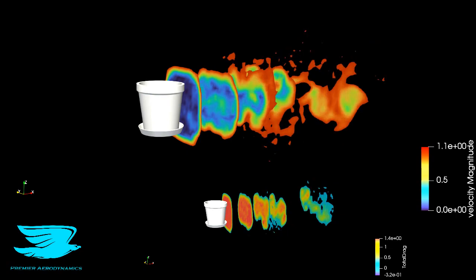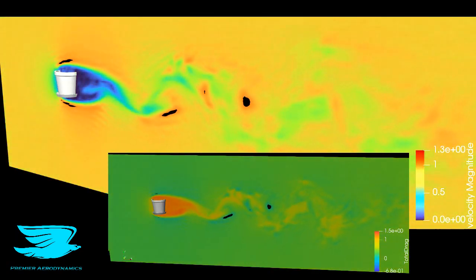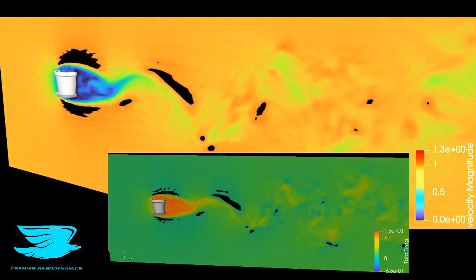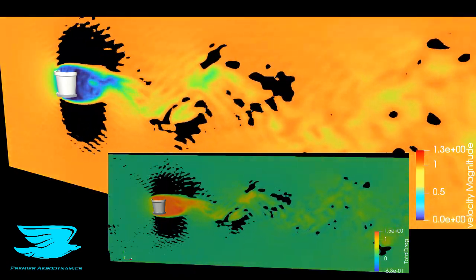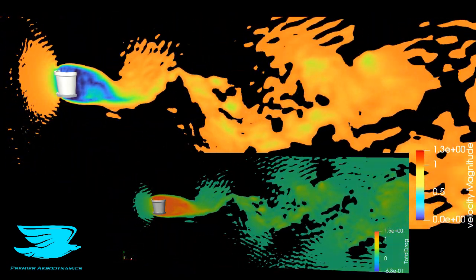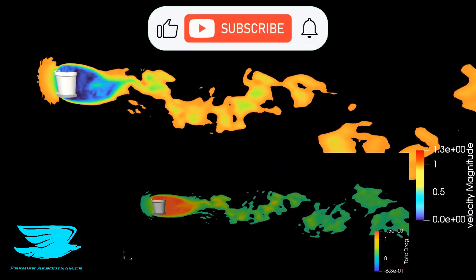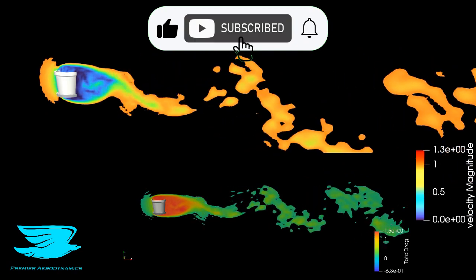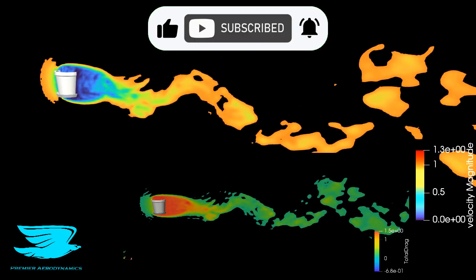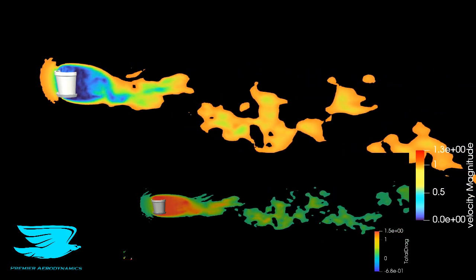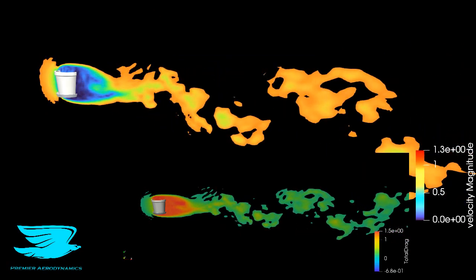Let's look at some other cut planes to get a better idea. This Y plane is going straight through the pot plant in the middle, and we can see that there is a very strong two-dimensional flow here. The vortex street is incredibly crisp, and it's very unlikely to get something like this on such a three-dimensional object. So it's quite surprising, and I can tell you that the drag coefficient of this object is only 0.45. This is predominantly because, you can see the wake is quite small, and because there's not much three-dimensionalness to